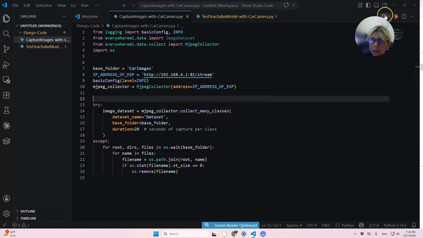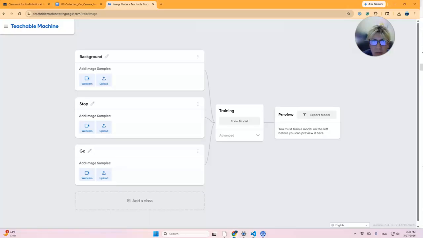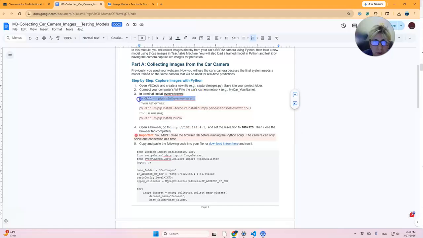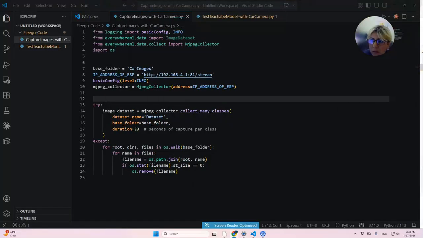I'm going to run this file, but mine is going to work because I already have everywhereml installed. For you, you would need to go ahead and make sure you install everywhereml, and make sure you get the right version of the TensorFlow